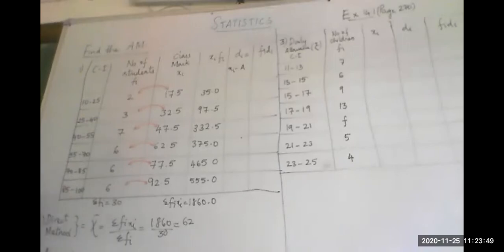So you can get the class marks correspondingly. Any way you can do, please do it. Either take the average of the upper and the lower limit to get the class mark, or once you get the first class mark, the succeeding class marks will be addition of the class size to the successive class marks. Alright, class size, 15 here, because the difference between the upper and the lower limit is the class size.